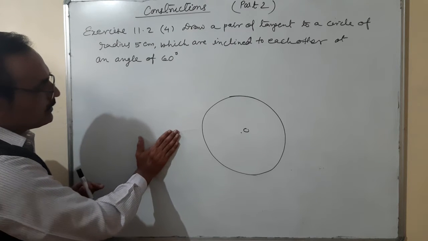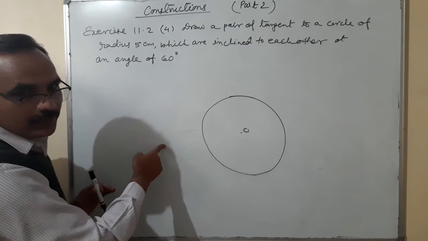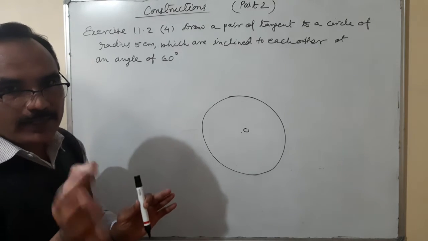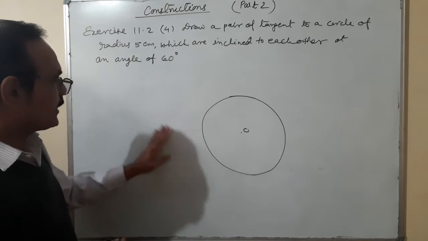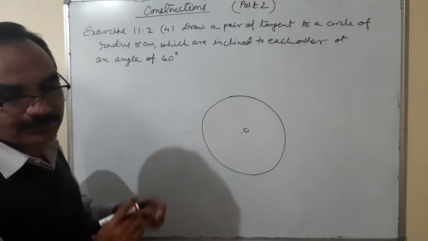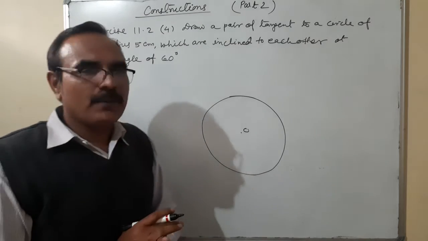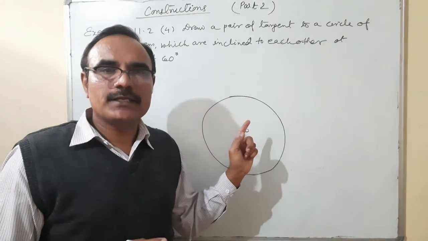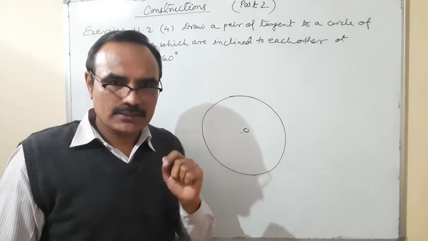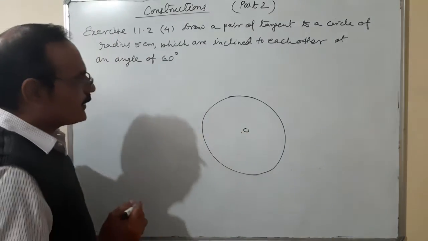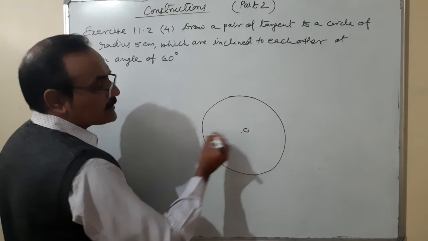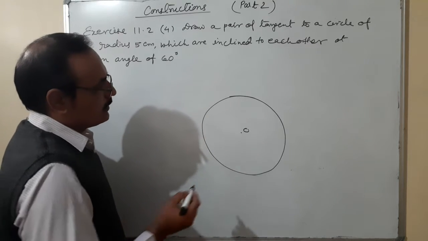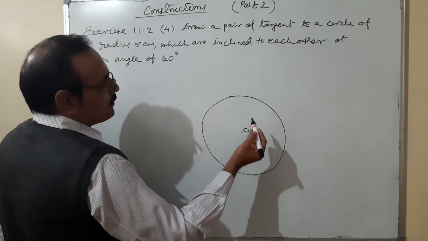By the way, they will incline here, I think in this space they will incline each other at an angle 60 degree, but actually we don't know what is the point where both the tangents are intersecting, both the tangents are making an angle of 60 degree. We don't have any idea here on the left hand side. Okay, but we know one property of tangent, that tangent is perpendicular to the radius through the point of contact. This is number one. So better to do, because we know that the center of circle is this and the radius of it is 5 centimeter.